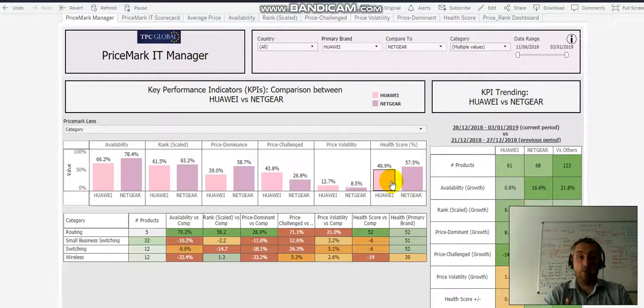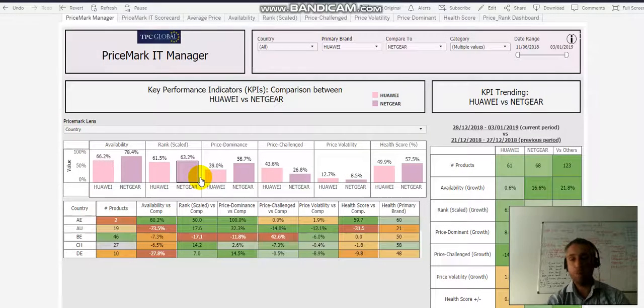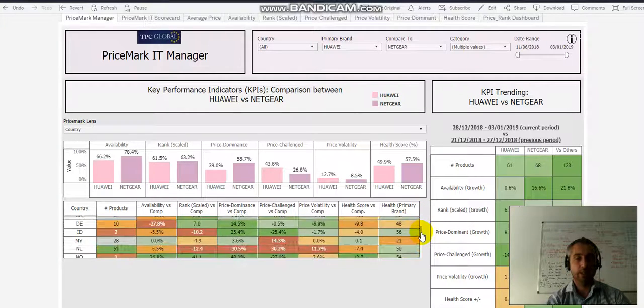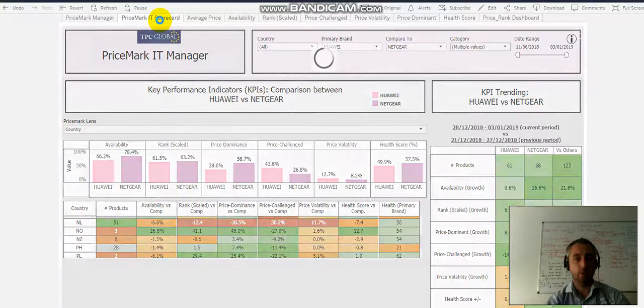And when you want to go a step further, and there are another 9 tabs here, you know where to go. And not only that, on a page like this, you can say, well, are we looking like this across all of our countries? And the answer is no. It's never the case, almost never the case. You can start to look at this country by country and say, where do I want to focus? And then when you choose where you want to focus, you say, well, I want to have a look at the Netherlands. You can go to the next level, which is the scorecard,